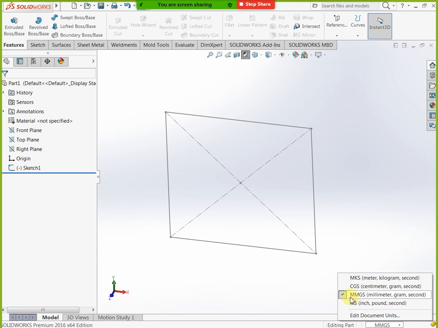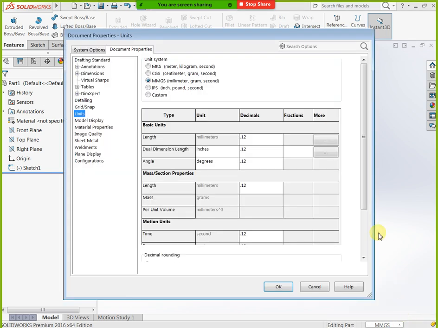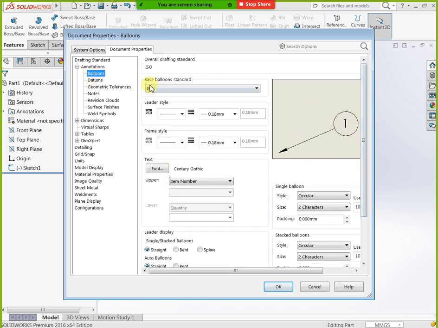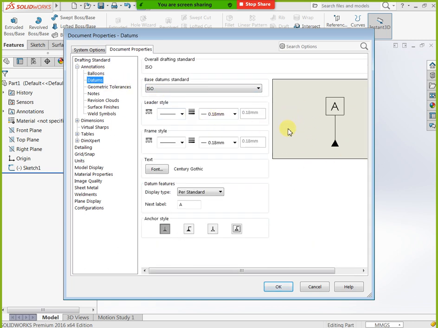Here we have our edit document settings: length in inches, angle in degrees. You can see MKS, CGS, MMGS and IPS. We selected CGS. If you have any custom units you can create them here. This is drafting standard, like annotations, balloons, balloon representation, datum representation, geometrical tolerances, notes, revision cloud if you need to mention any.